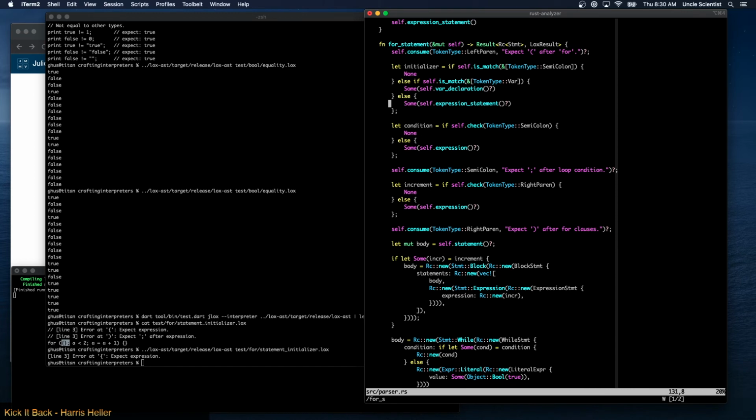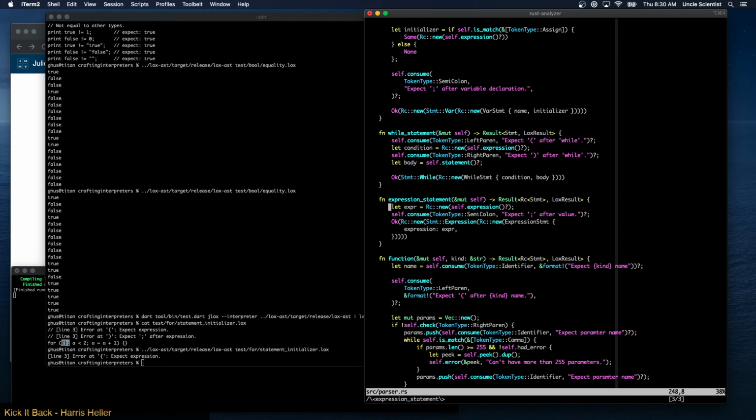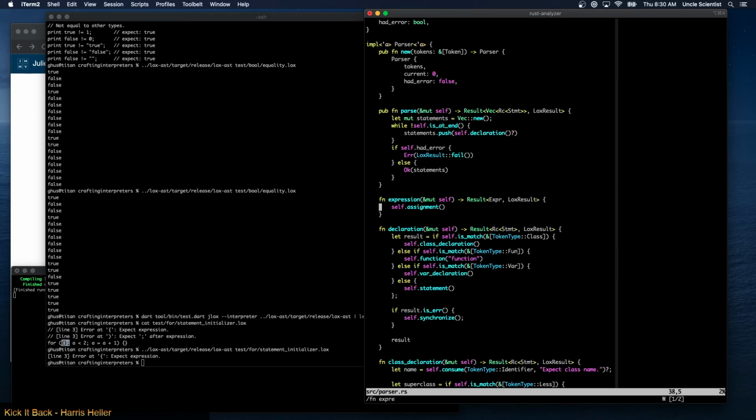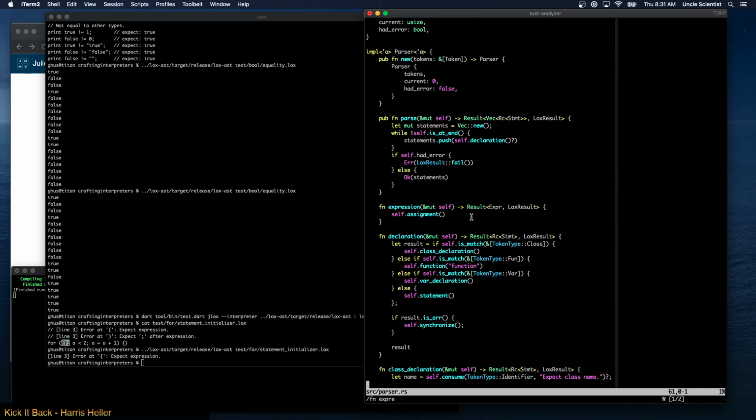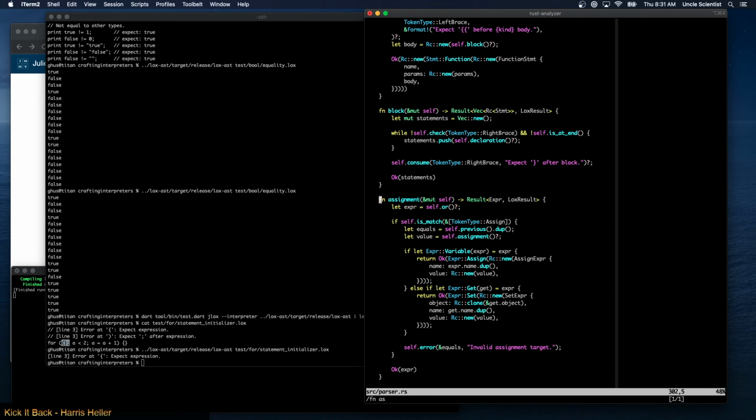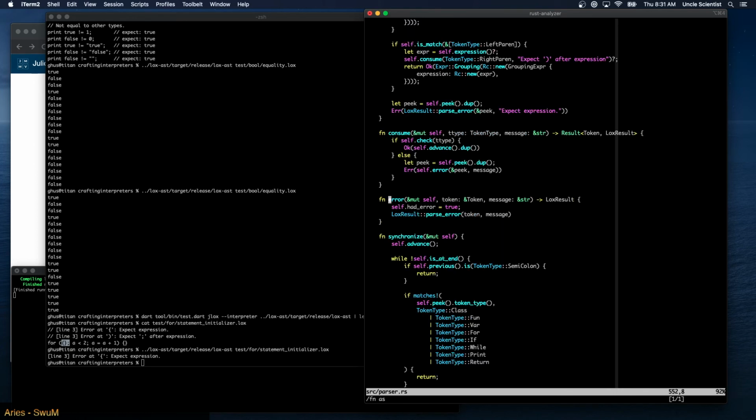Because we're not actually, if expression statement fails, right? It's because this expression fails. Which assignments? Yeah, we have to bubble our way all the way down, right? Because this calls assignment, and this calls assignments or things like this. Here's the error. Oh no. This is where we report the error.